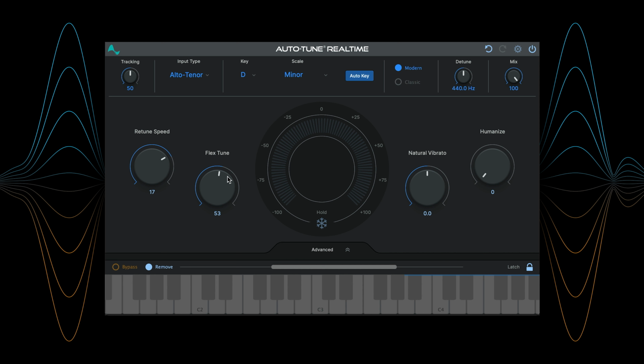Let's check out another vocal example with a little more expression and vibrato so we can hear how raising FlexTune